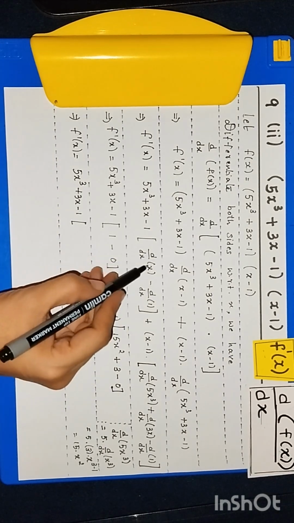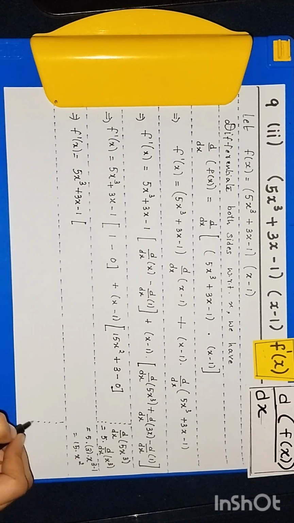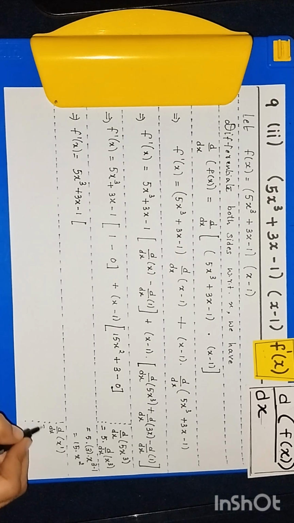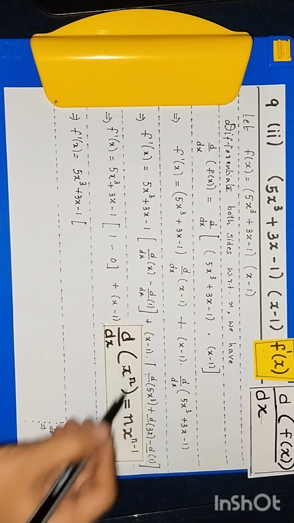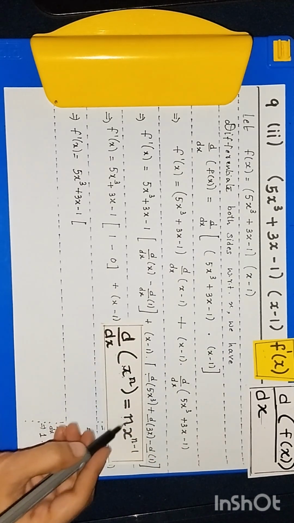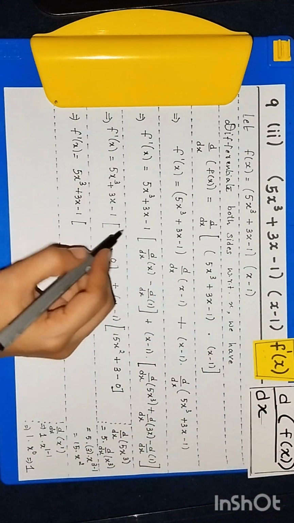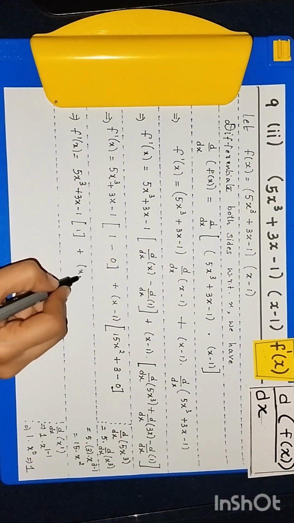So here we got d by dx of x is 1. I'll explain here once again. d by dx of x power 1, right? So x power 1, we will apply the x power n rule, right? x power n, so in the place of n we have 1. So here we will write 1 into x to the power 1 minus 1, 1 into x power 0, which is 1. Okay, so that's how we got 1 here. Now 1 minus 0 is 1, plus x minus 1